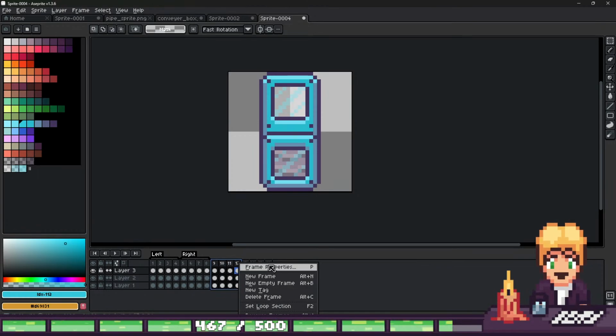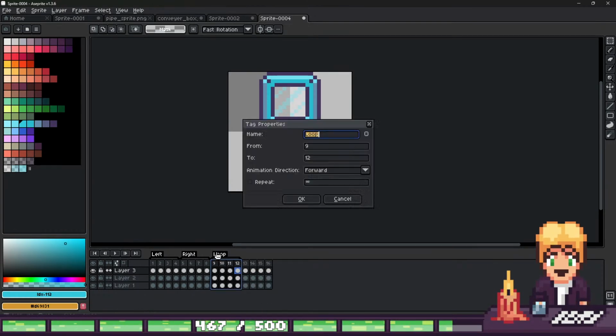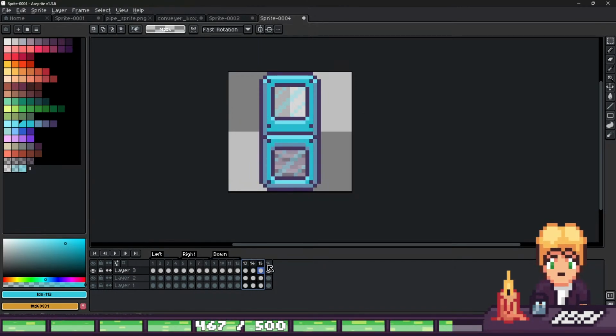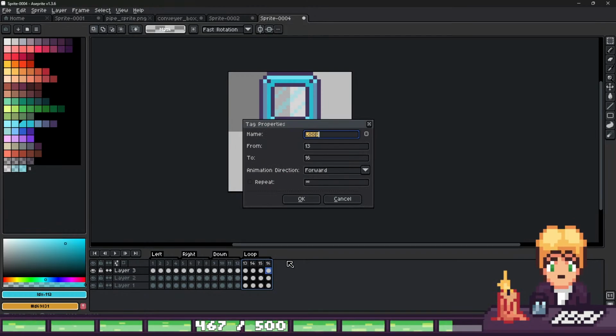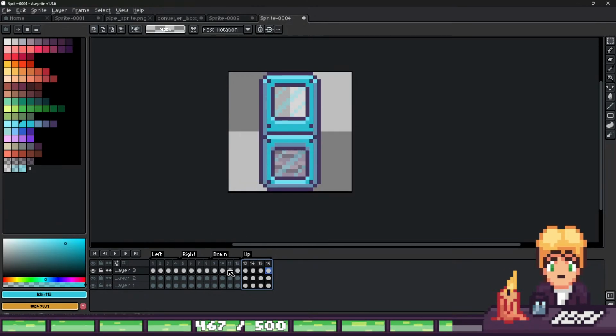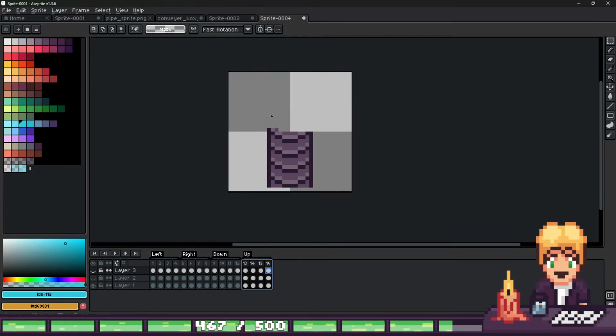This one is set loop section. This one is top, down. Set loop section, up. Now we just say